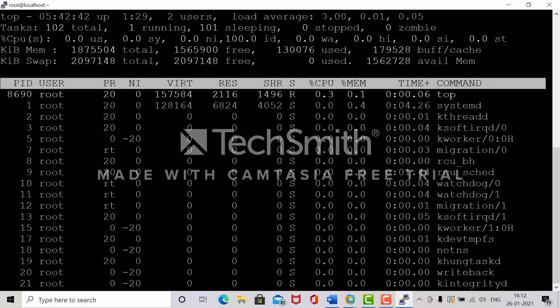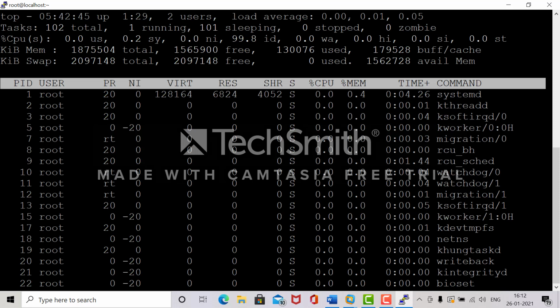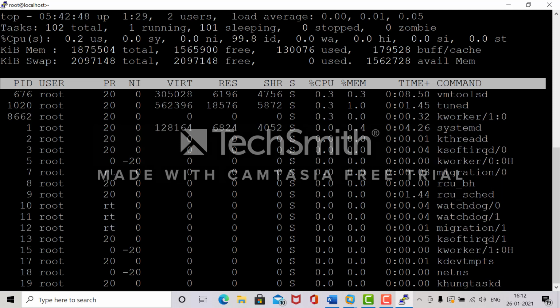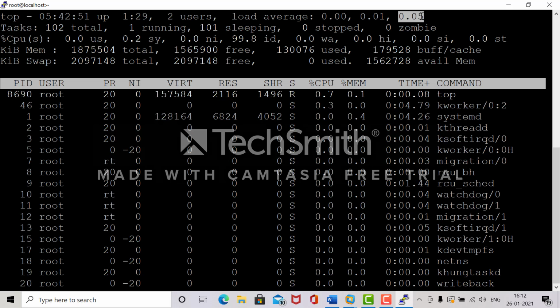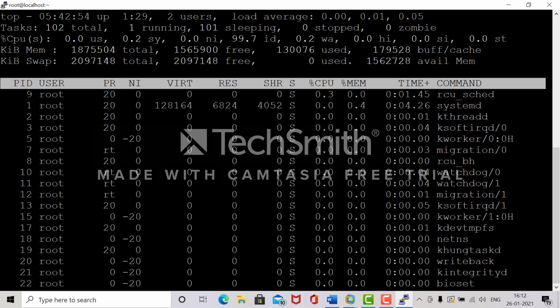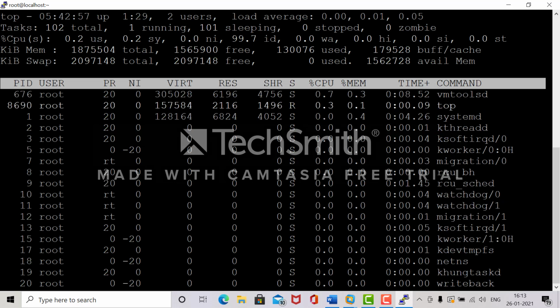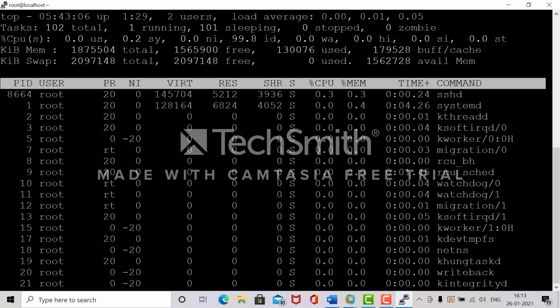The first one is the load for the first 5 minutes, the next is for the next 5 minutes, that is 10 minutes, and the next is for the first 15 minutes. So the load is very minimal, very small, because we do not have any live traffic on the server. So it will not go up much, but in production you will see the load, because that server has a lot of traffic, as live services are running on the server.